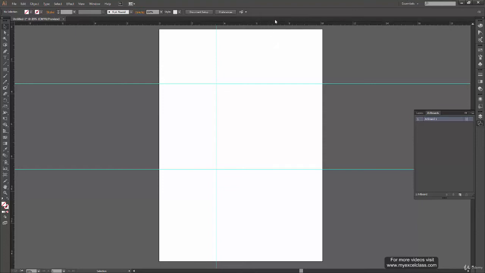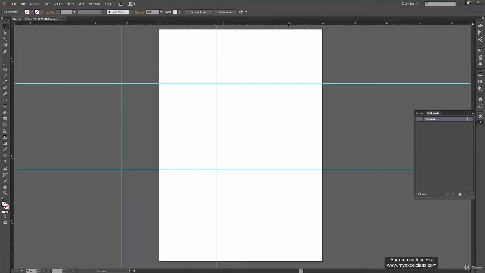You just click on the ruler and drag around your canvas, and when you release your mouse it will create a guide for you. Now there is another, quicker way to create a guide. If you double click anywhere, let's say around here near somewhere around 8, I'm double clicking.